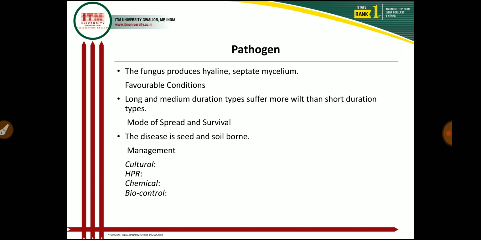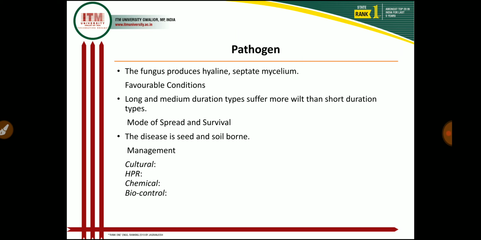the pigeon pea crop. And in the disease cycle, that means mode of spread and survival, the disease is seed and soil borne. That's why seed and soil, as well as infected plant debris, serve as the primary source of inoculum by means of chlamydospores, and the fungus survives in the infected stubble in the field for about 3 years, and the primary spread is by soil-borne chlamydospores and also by seed contaminant. These chlamydospores remain viable in the soil for 8 to 20 years. And the secondary spread in the field is through irrigation water and implements.